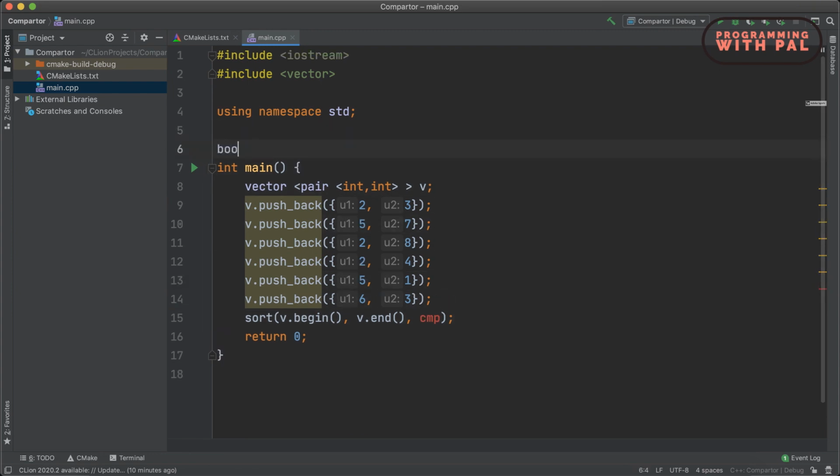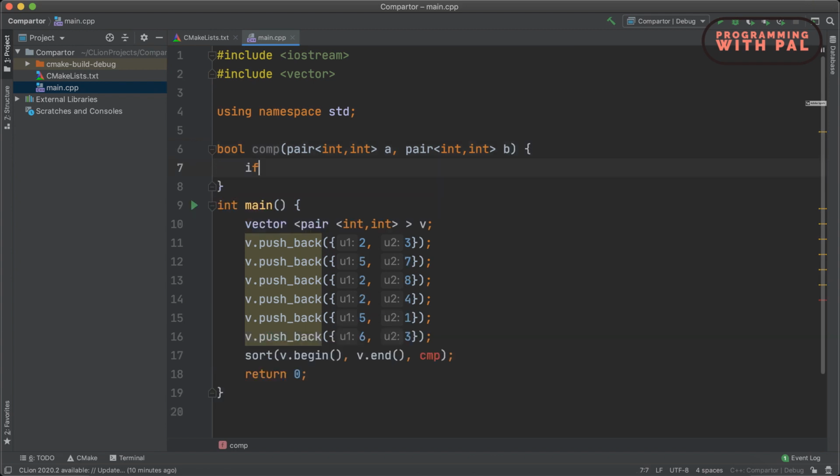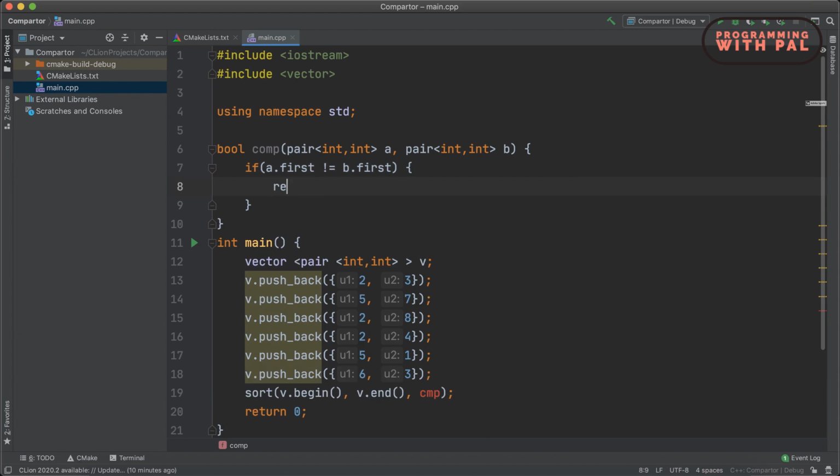Now let's write our CMP function. So it will return a boolean data type and it will have the arguments as a pair of integers a and b. If a dot first is not equal to b dot first, then we will simply return a dot first is less than b dot first.